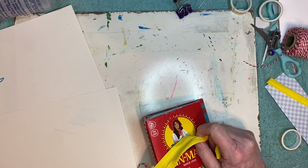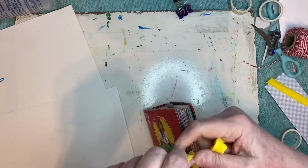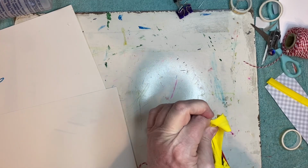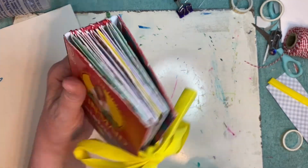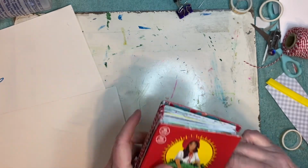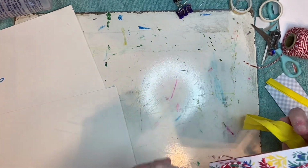I don't know what's wrong with my memory. If I can find another one. Bias tape. So you can just, and it's better than using ribbon to me, because ribbon can get kind of, the threads can come loose. So that's cute. All right, now we might try to add some beads, or let's see, our string is long